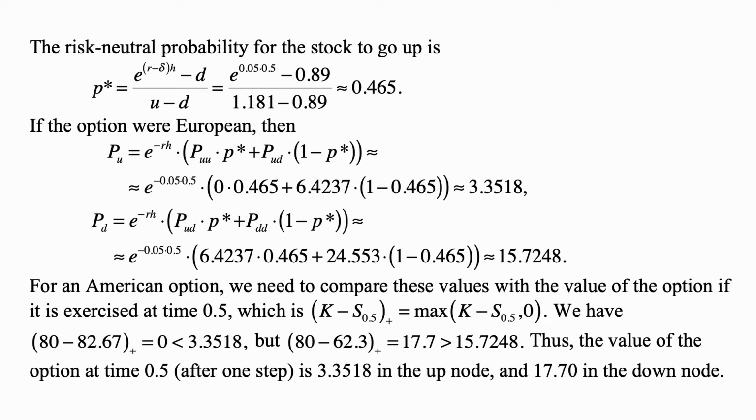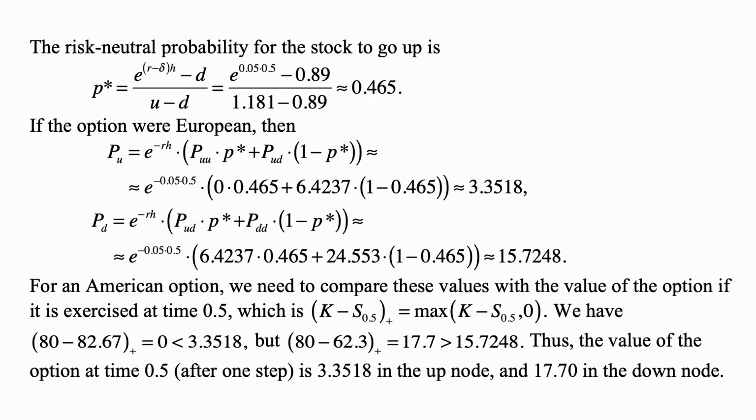And in the down state, it is e to the minus rh times PUD times P star plus PDD times 1 minus P star. We plug in the values, and this turns out to be approximately 15.7248. This is an American option, though. We're going to compare these values with the value of the option if it is exercised at time point 0.5, which is the maximum of K, the exercise price, minus S sub 0.5, and 0. And that's equal to 0